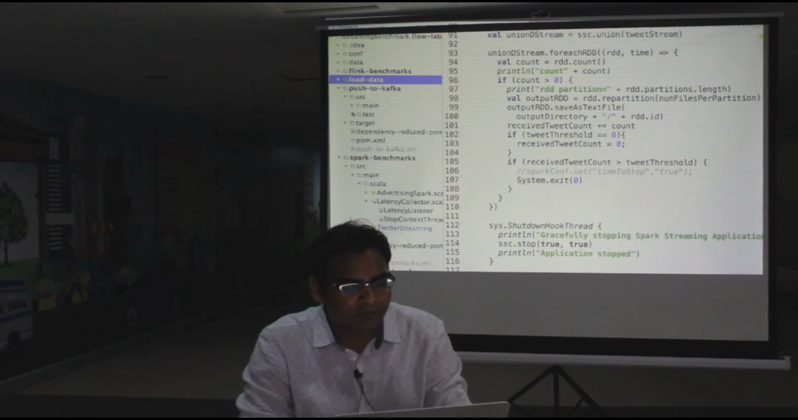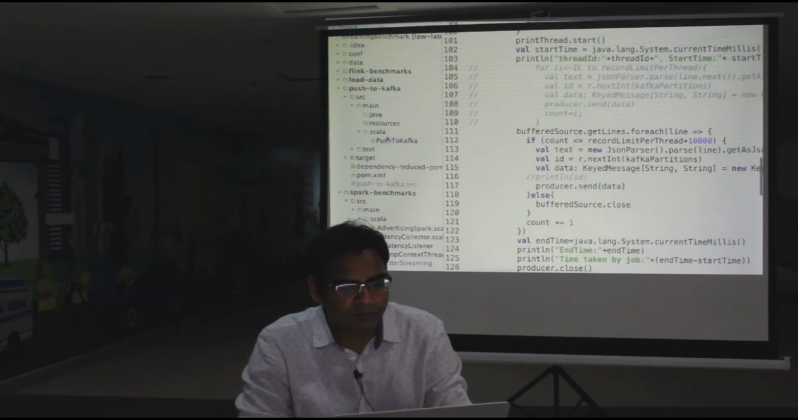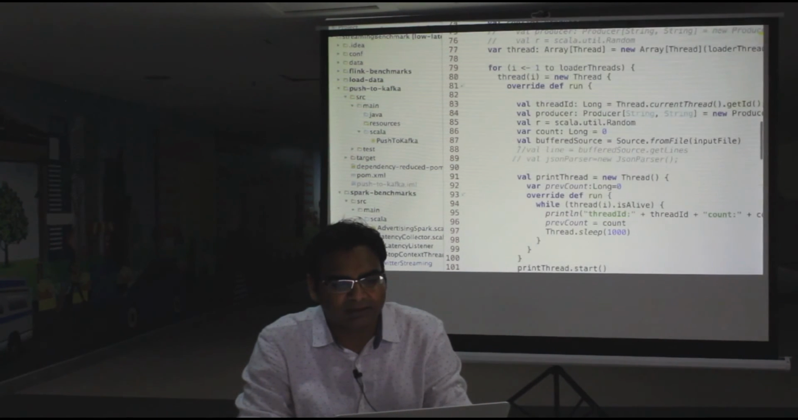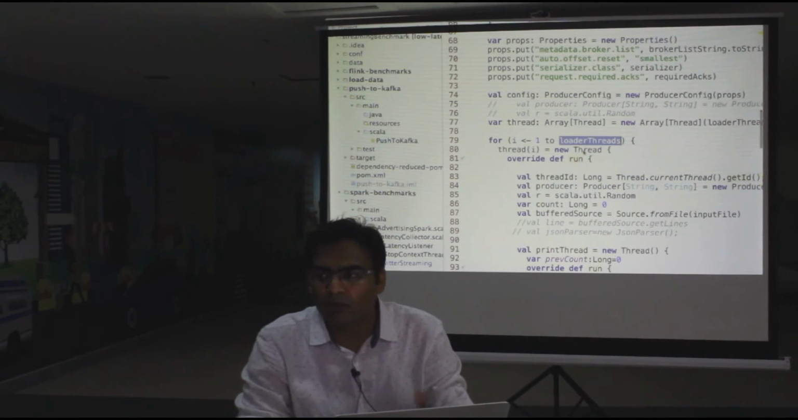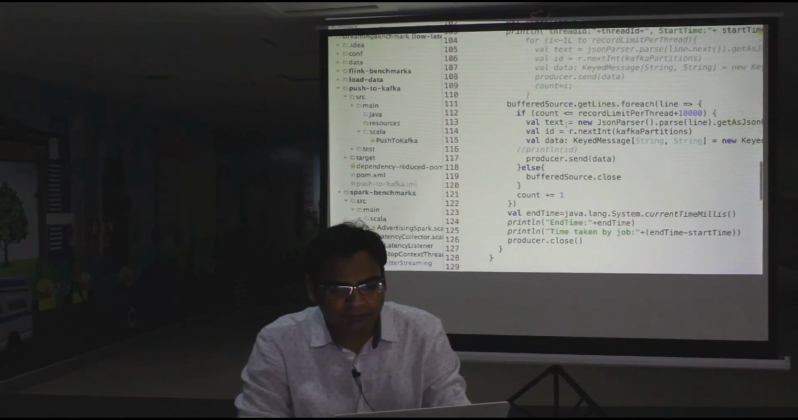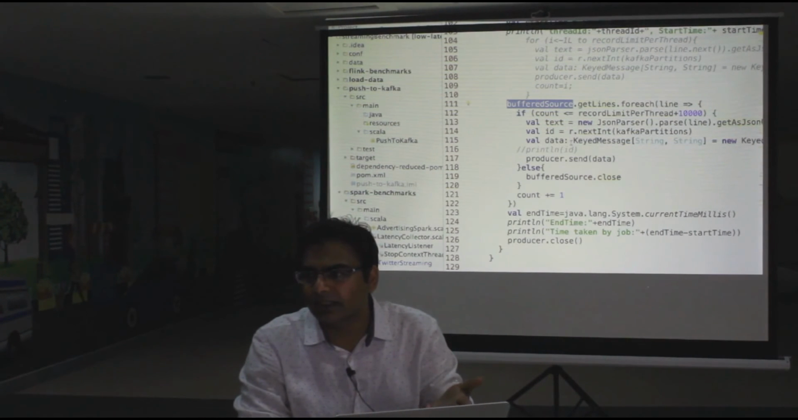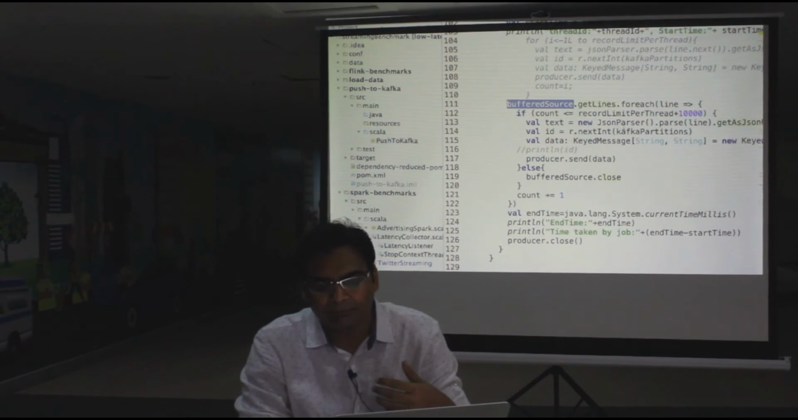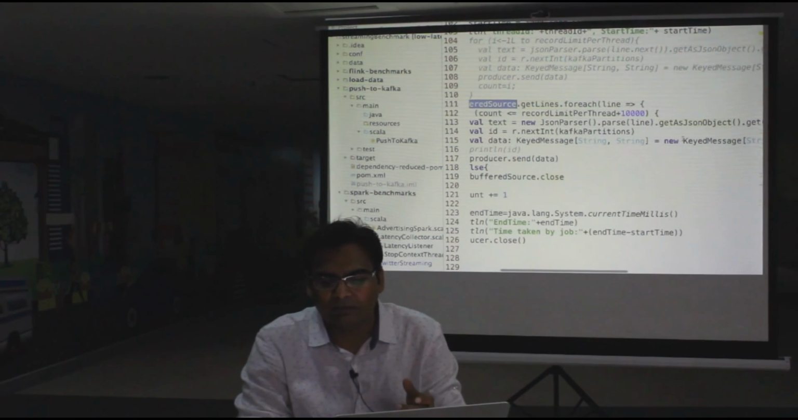Then we have push to Kafka. In this push to Kafka code, we are using threads. We have a thread count, how many threads you want to spawn. This thread count will be our tuning knob, how much you want to put in 1 second. We are reading a buffered source, the data source that we have right now. It's local, not HDFS. We read that line by line, and we push it into Kafka with